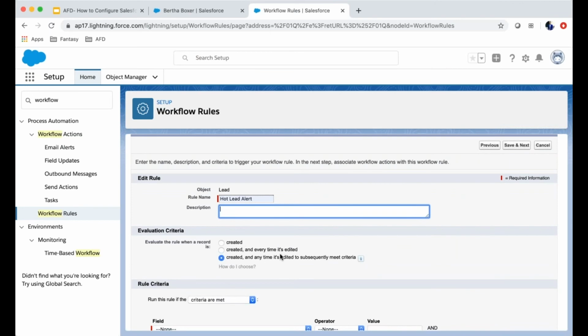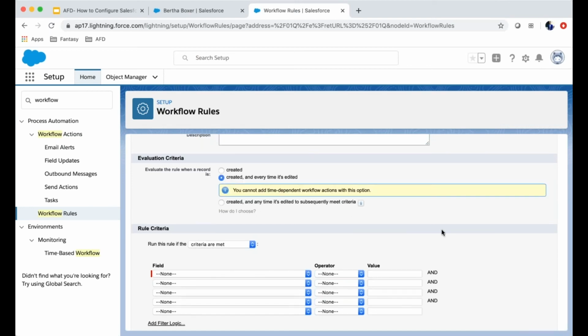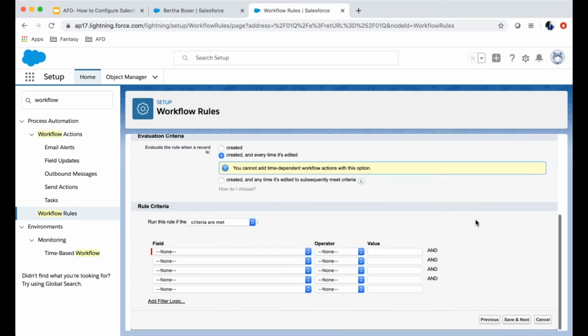You would select the evaluation criteria, whether it's created and every time it's edited, or created and any time it's edited to subsequently meet the criteria. This means that if there's another action that updates this record, and then it makes it meet the criteria, this workflow rule would fire. So right now, let's select this one. And then the criteria,